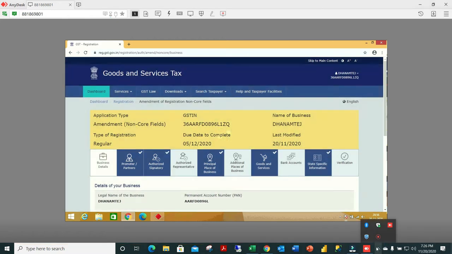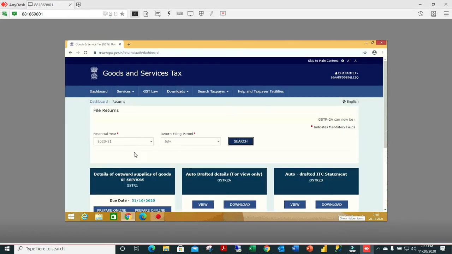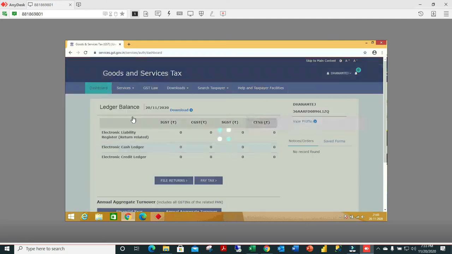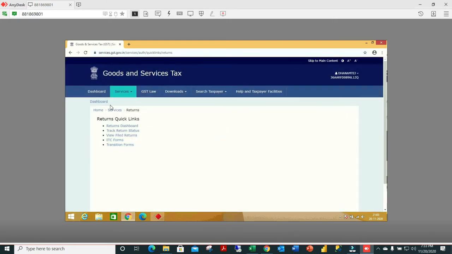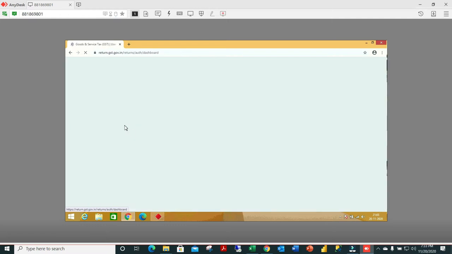Once you log in to the GST portal, it comes to the dashboard. Then we go to Services, then click on GST Return, go to the dashboard, and select the GST return.